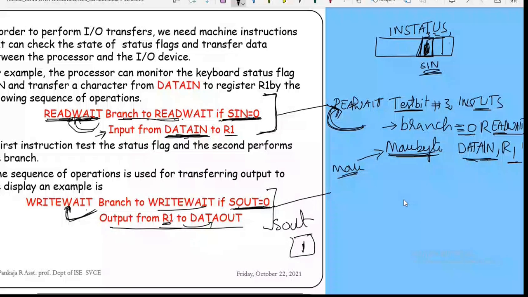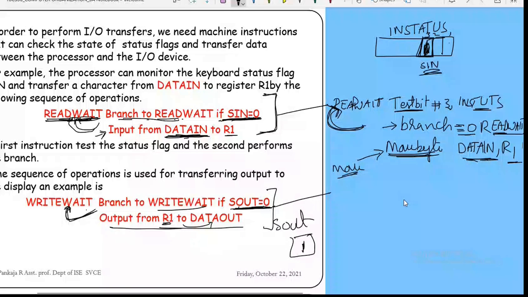So this is with respect to the output out status. In that, the third field is going to indicate the status of the output device. Out status. Okay. So now, what happens? Test bit 3 out status, branch equal to 0, write wait.